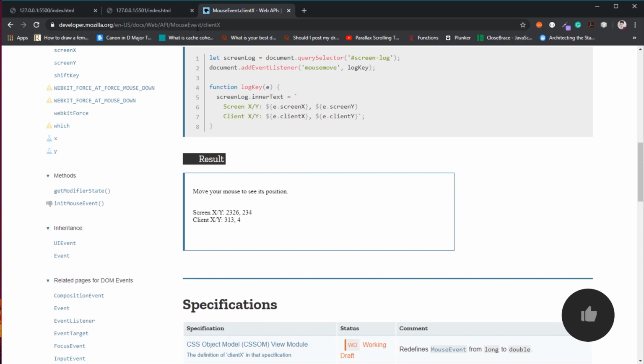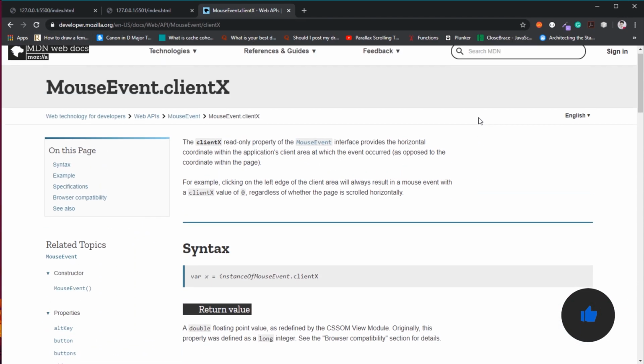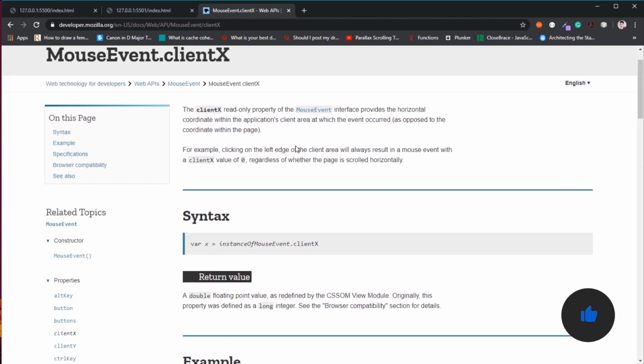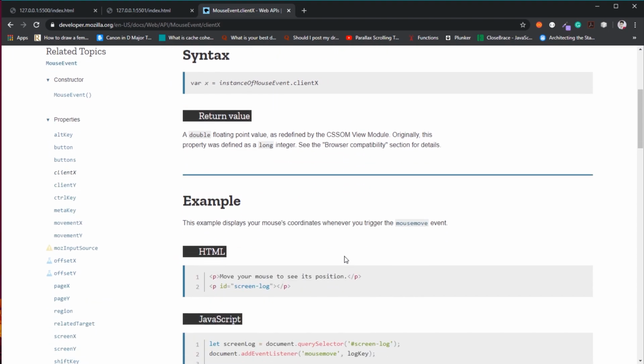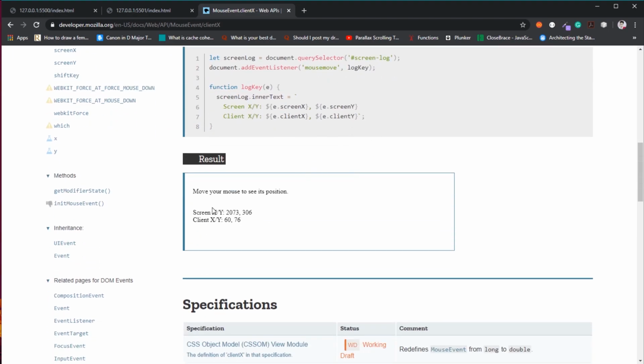You can head on to this website to know about it in more detail. What this does is basically give us the horizontal coordinate within the application's client area at which the event occurred. So this is the definition. What it basically does is give the x coordinate relative to the div.